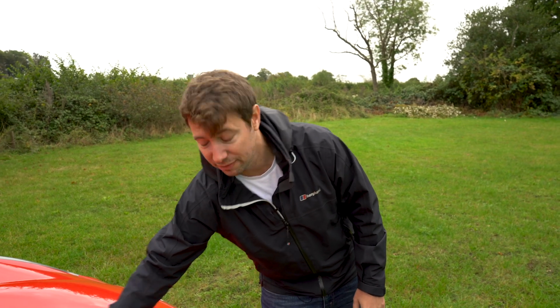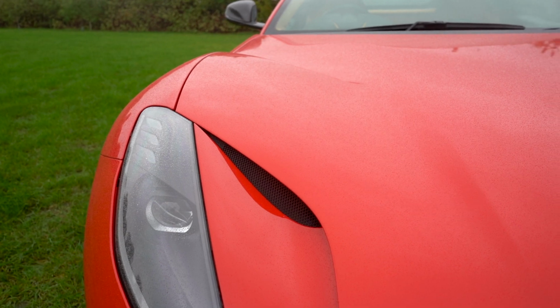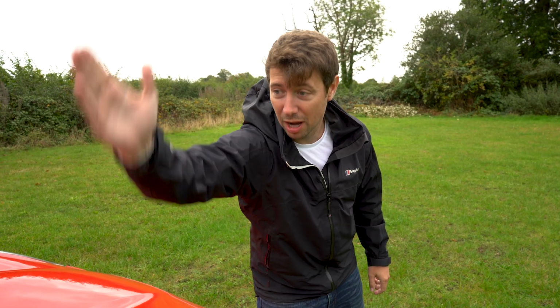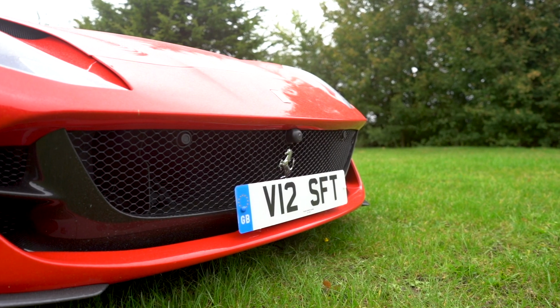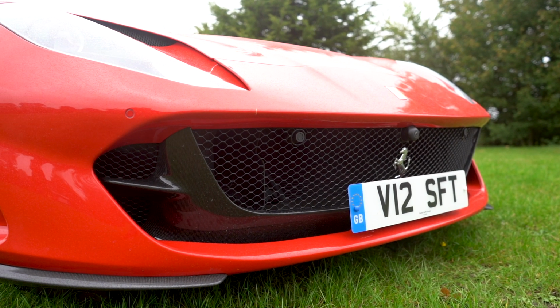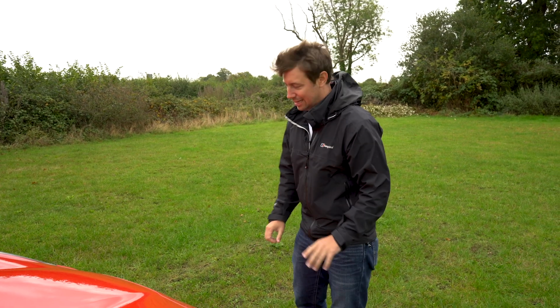This is actually for engine ventilation, but this front one comes through here underneath the wheel arch, then goes out through the side and straight up down the side of the car. It is stunning the way this all works. There is no active aero on the front of this, unlike the F12. The F12 had those little flaps that open and close. This doesn't have any. It's already basically designed with aero in mind, and everything on full attack mode is quite